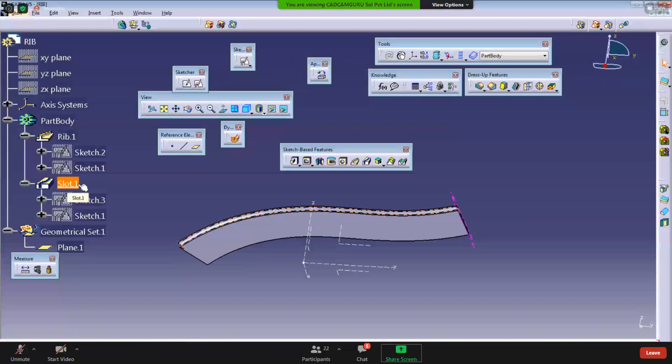So slot has a different function, but the operation method is the same. The function is to cut material along the path, and rib adds material along the sketch path. Clear?